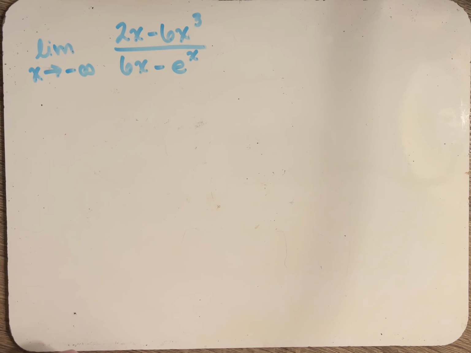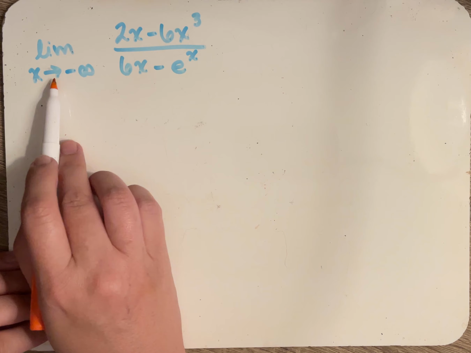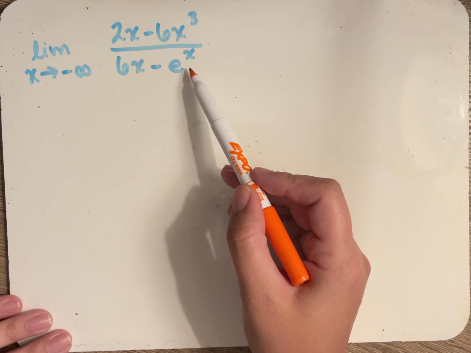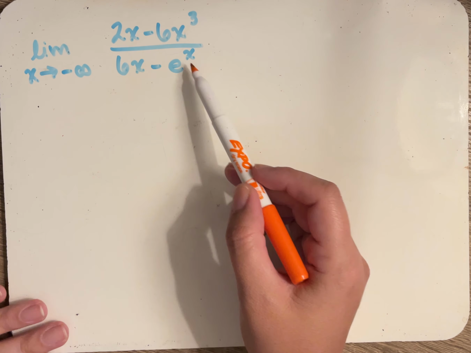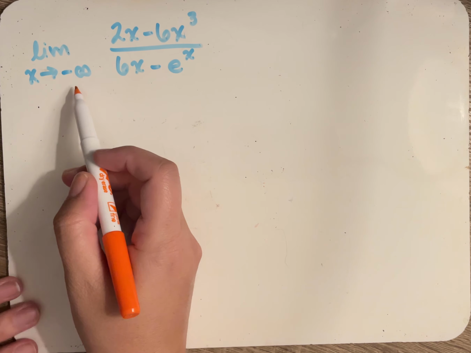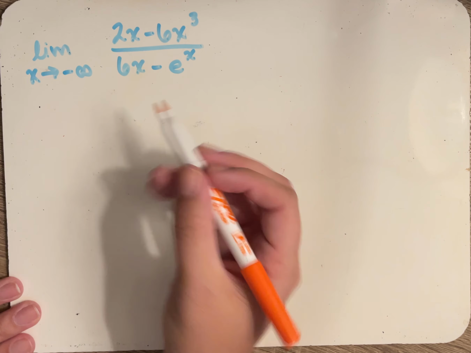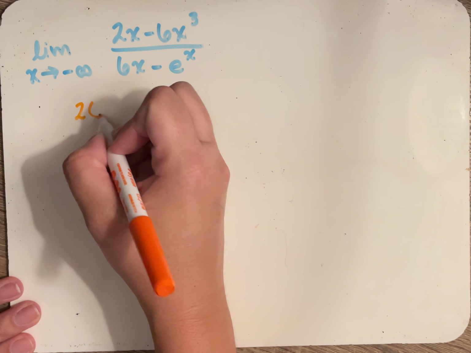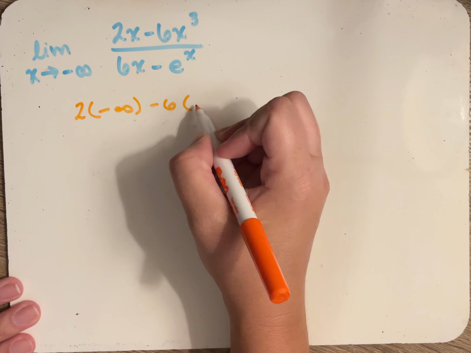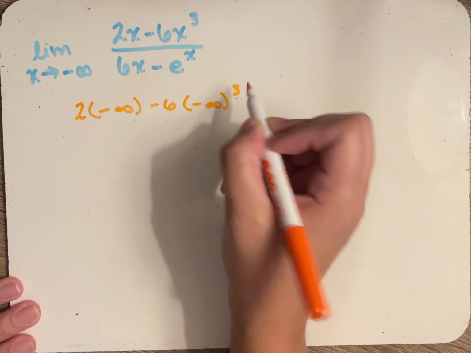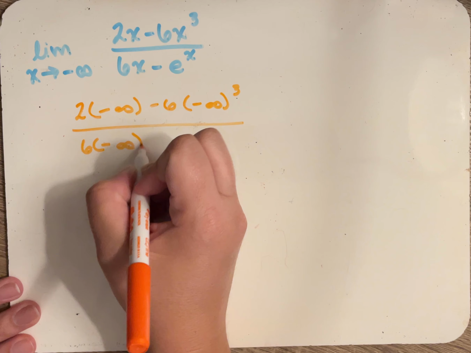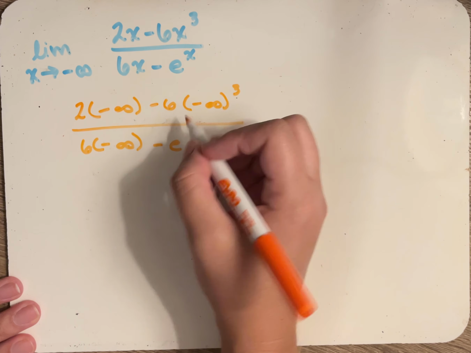All right, so in this problem, we're looking at x approaching negative infinity for this rational function that also includes an exponent within this denominator. So since we're approaching negative infinity, I'm going to actually plug that in to think through this. So 2 times negative infinity minus 6 times negative infinity cubed over 6 times negative infinity minus e to the